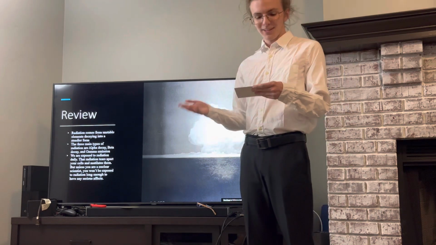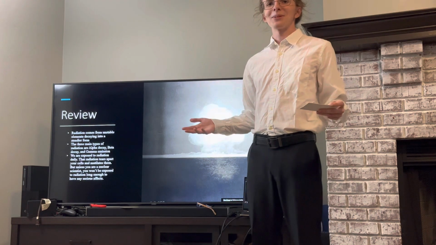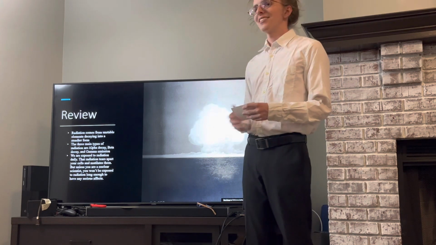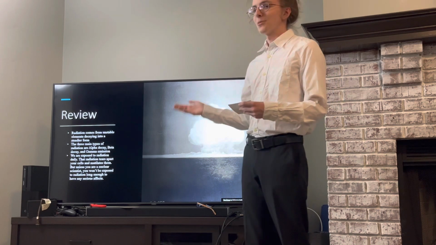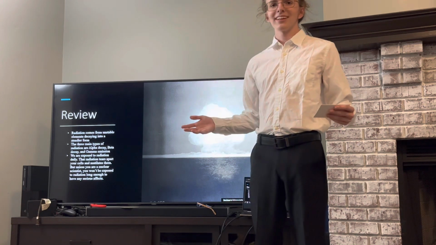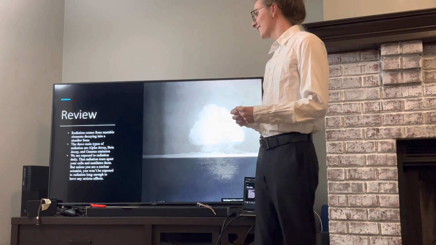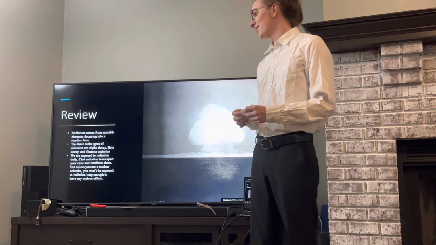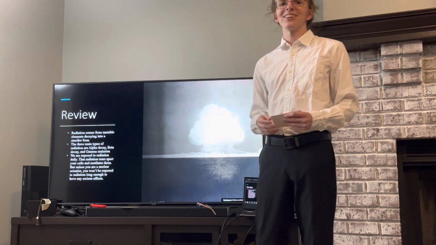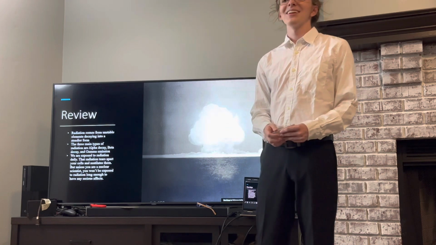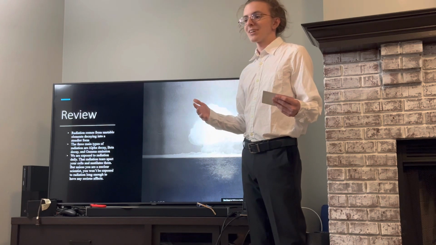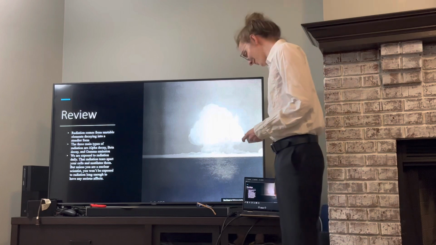So I hope that this speech was informative and you learned a little bit more about radiation. Let's review. Radiation comes from unstable elements that decay into a more steadier form. The three main types of radiation are alpha decay, beta decay, and gamma emissions. And we are exposed to radiation daily. That radiation tears apart your body, destroys your cells, but unless you're a nuclear scientist, you most likely won't be exposed to radiation commonly, at least large amounts.